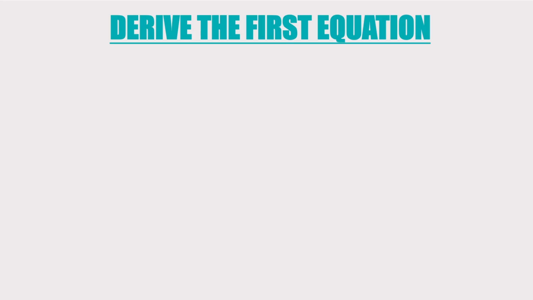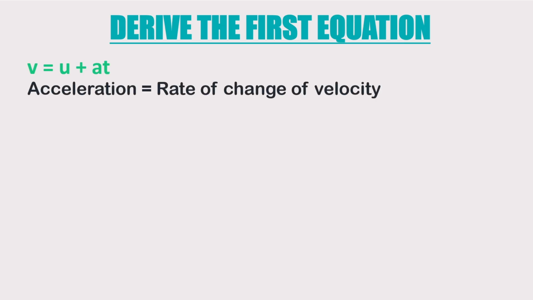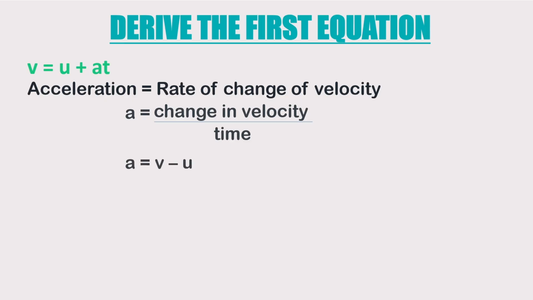If we're being asked to derive the equation v equals u plus at, which is the first equation of motion, we start with the fact that acceleration equals the rate of change of velocity. And we can also write this by saying a equals change in velocity over time. And we can say a equals change in velocity, which is our final velocity v minus our initial velocity u, over time. And we can just cross this out by cross multiplying, and we have at equals v minus